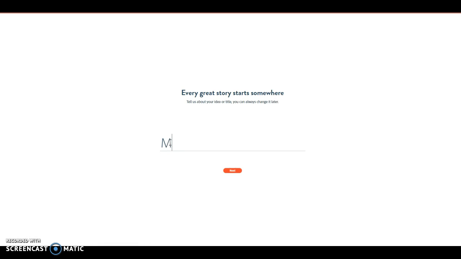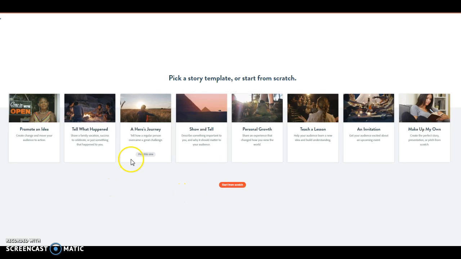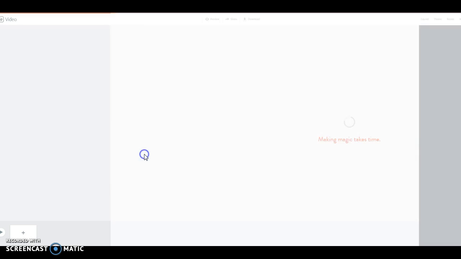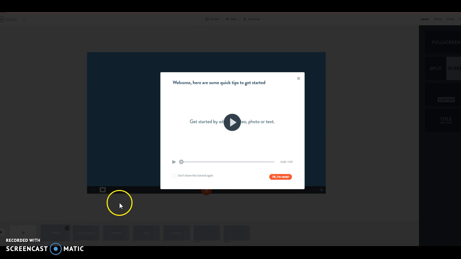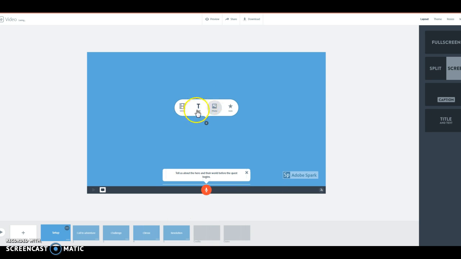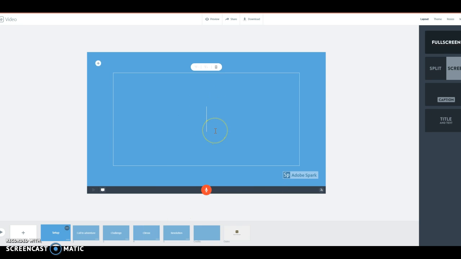If you call it my values, click next, pick this one. You have to do this through Chrome, so make sure you've got Chrome. So if I put some text here, so again I'll say my values are,